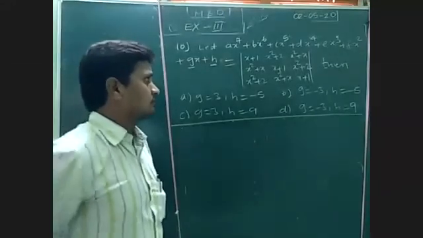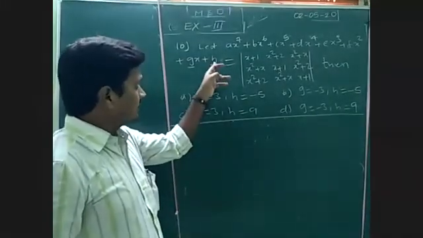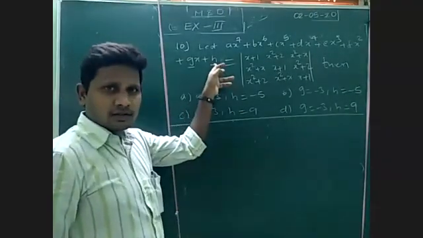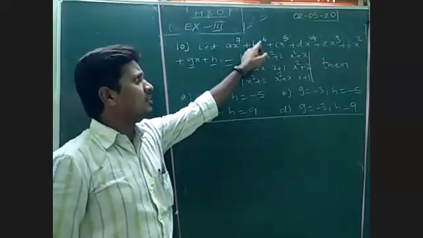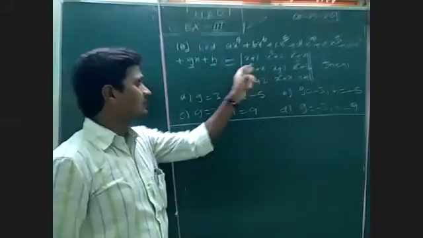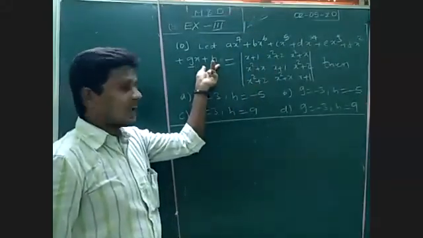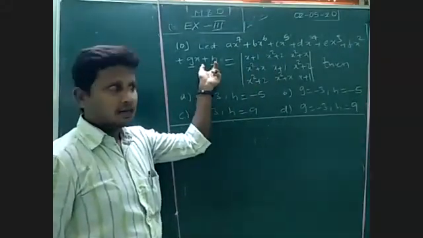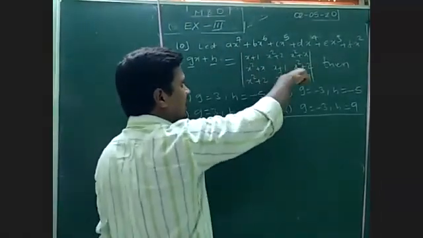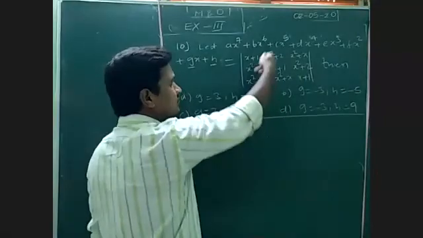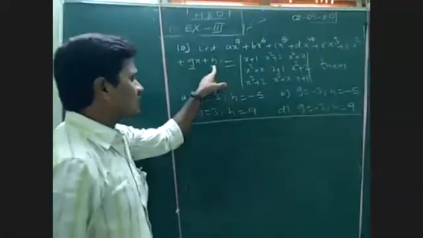First of all, observe that h is a constant. See, a is the coefficient of x power 7, b is the coefficient of x power 6. But whereas h is a constant. On the left side it is a variable function; even if you expand the determinant, we'll get a function in terms of x. First, to find h is very easy.